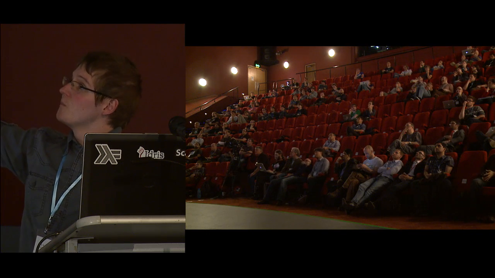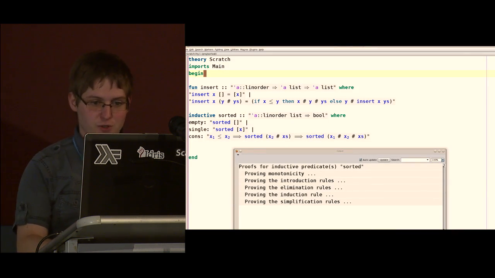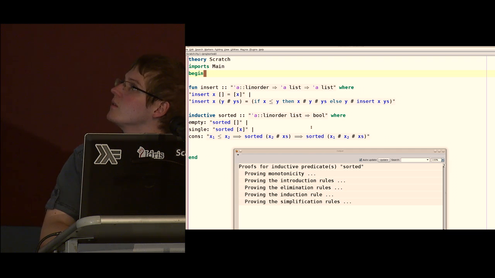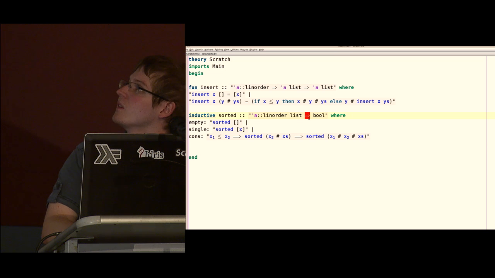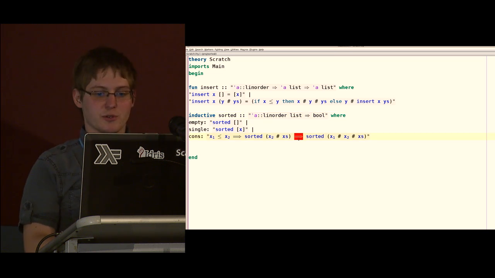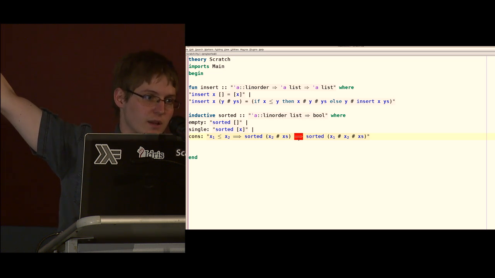Okay. So you can read this arrow as, I should probably say that, this arrow here in the function definition is a function arrow, and this one is a logical implication arrow. So you can read this from left to right: if you can prove the first thing, and if you can prove the second thing, then we have proven the last thing.